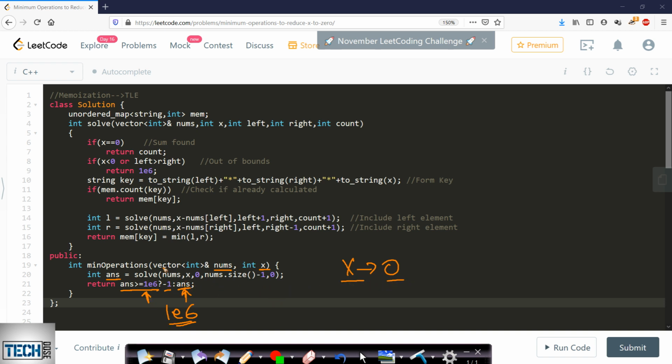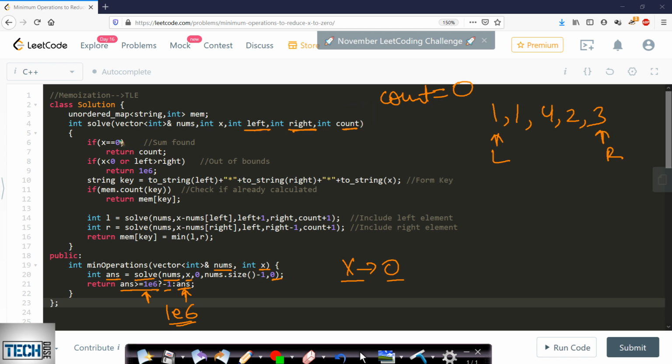Now let us see the solve function. In the solve function, I have passed this nums array as well as this value x. Now the third variable is the left pointer, this is the right pointer. So if we are having, let's say, 1 1 4 2 3, then we will be having a left pointer as well as a right pointer. So these are the left and right pointers, and the count, which will be keeping the count of the sequence length, initially will be 0. Okay. So I hope you are understanding it.